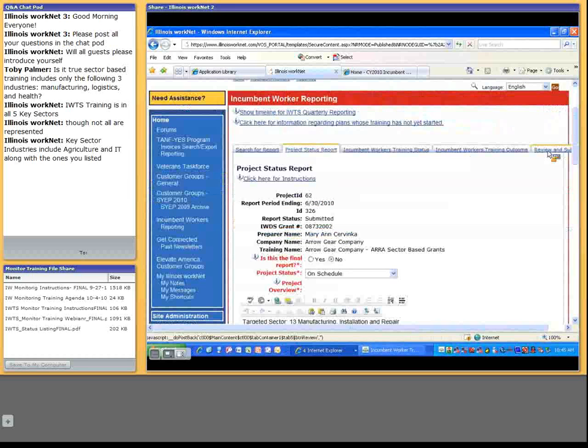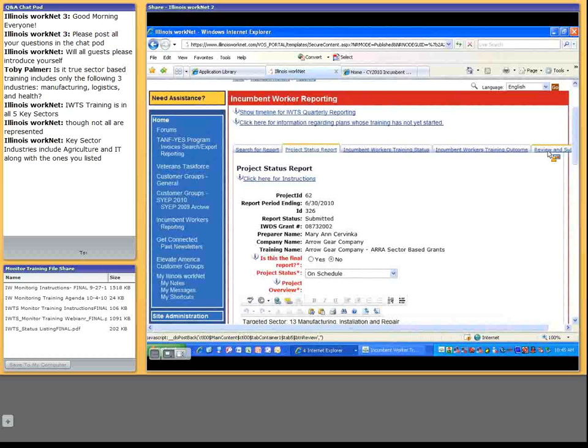Now, I don't want to go into a lot of this because Awana's going to take care of that in the second part of our training, but basically these are different screens that the company can go into to upload updated information, okay? Provide a status update, input specific participant information, but what we want to see is a summary